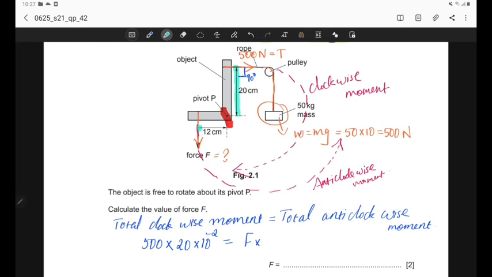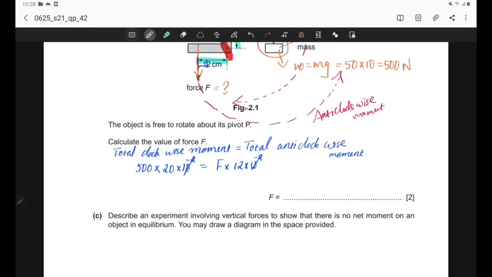Here the perpendicular distance to the pivot from the force is 12 centimeters because this distance makes a 90 degree angle with the line of action of force. So 12 times 10 to the power minus 2. Since centimeter is on both sides, we don't have to convert. If we convert also, it will get cancelled. Now we can rearrange the equation and make force the subject. So we will get force is equal to 500 times 20 over 12. And the answer to 2 SF is 830 Newton. So we can write